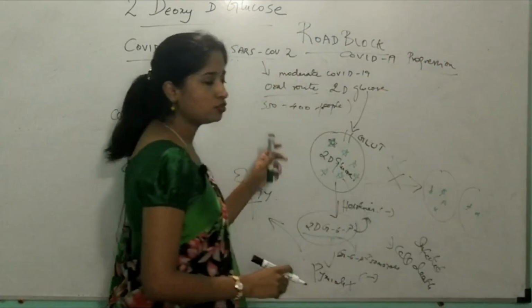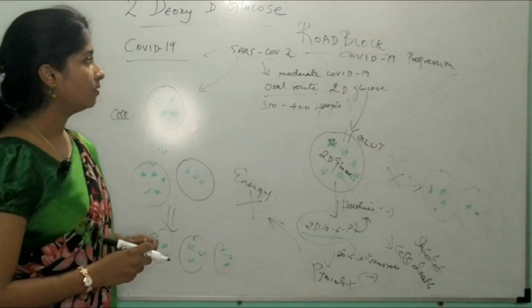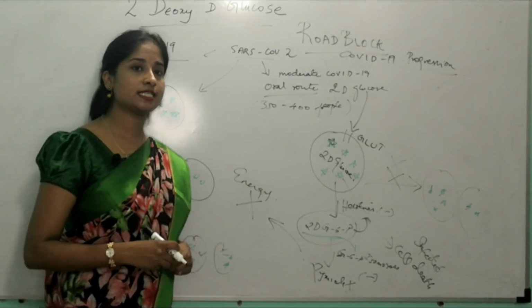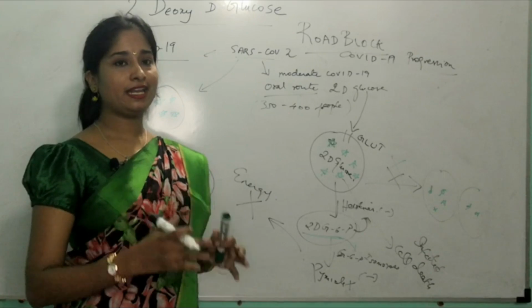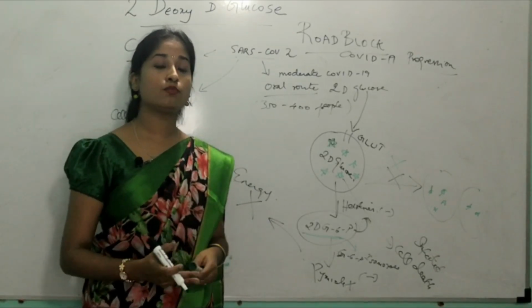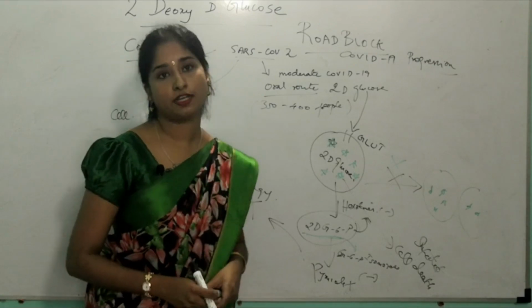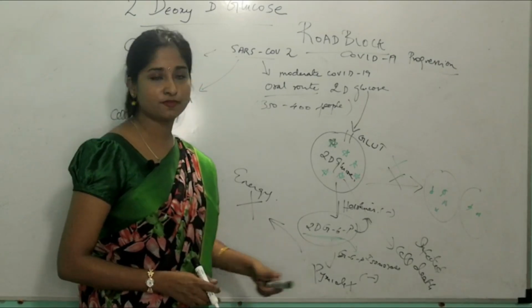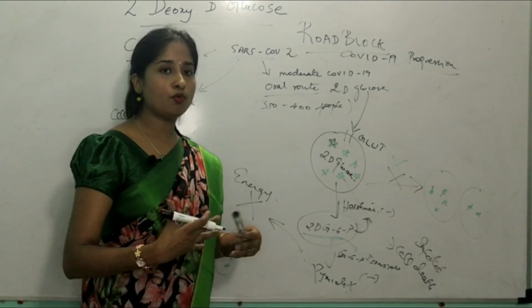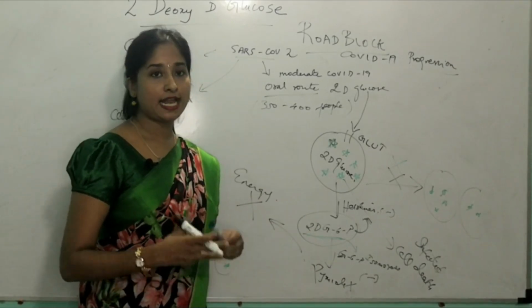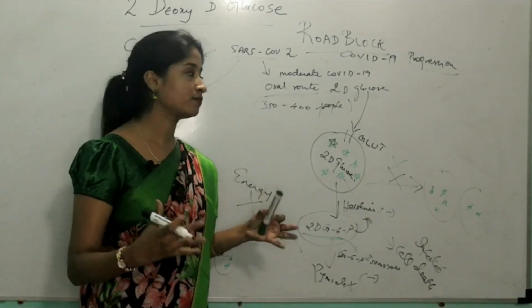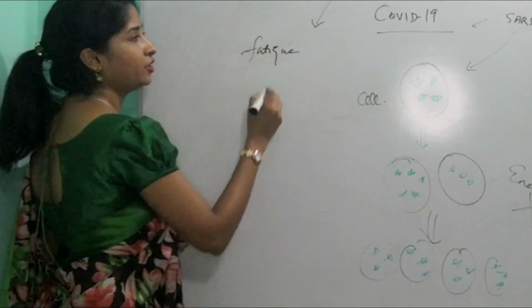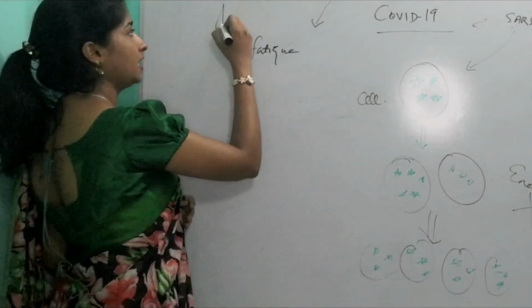There is one more advantage of using this 2-DG, because for all the steps of the glycolytic pathway, a large amount of energy is needed by an individual. For glucose to be broken down into pyruvate, more oxygen is consumed by the body. Since this process has been inhibited by 2-DG 6-phosphate, it doesn't need more oxygen for this process, and hence that oxygen can be utilized for the patients who have been suffering from oxygen deprivation. When you use 2-DG, there are a few side effects,